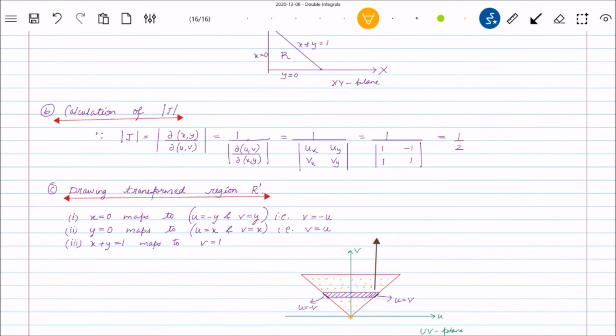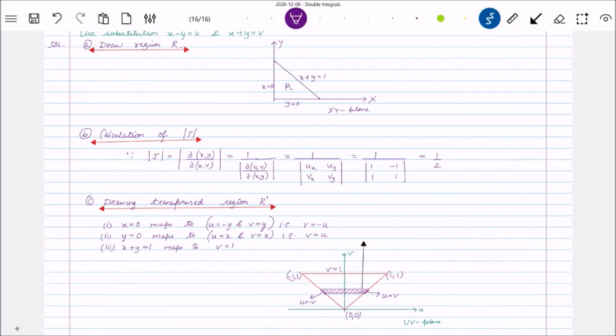ठीक है, तो चलिए, इस पॉइंट का कोऑर्डिनेट बता दें जरा आप, क्या होगा? ये तो 0, 0 है। और ये जो लाइन थी, ये कहाँ तक जाएगी? स्ट्रिप चालू होगी 0 से, और जाएगी v equal to 1 तक, and this point will be 1 comma 1, this point will be minus 1 comma 1। हालांकि कोऑर्डिनेट की कुछ खास जरूरत तो नहीं है, लेकिन फिर भी बना देते हैं। Write the limits of u and v।